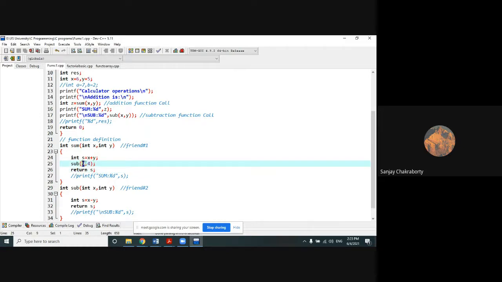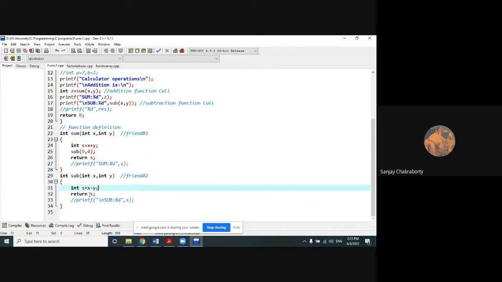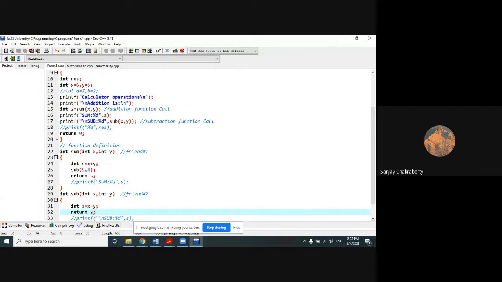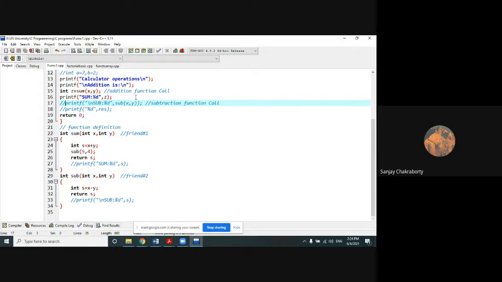This is a compile time argument passing. Okay, directly pass the values. Instead of passing the variables, I am directly passing the values as the argument list of the subtraction function. It is also possible. So if we pass the values, this return s is now part of which function? The subtraction function call is now part of friend one, that is the summation function.